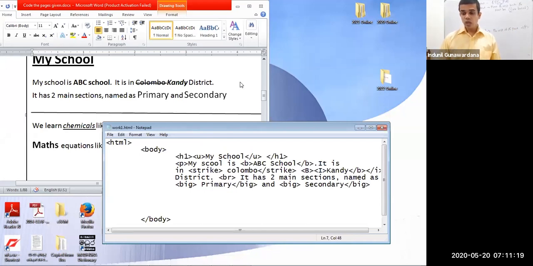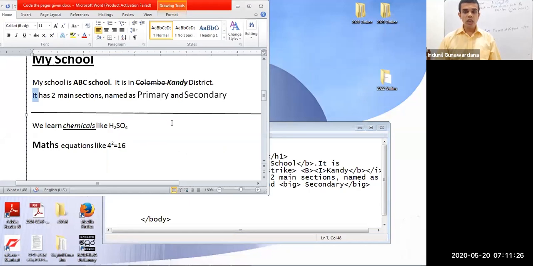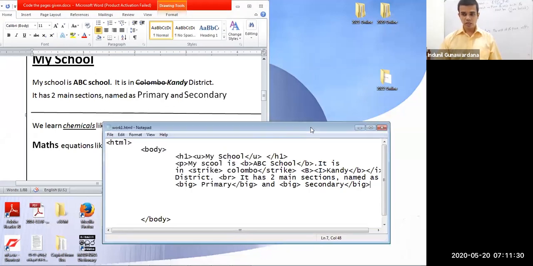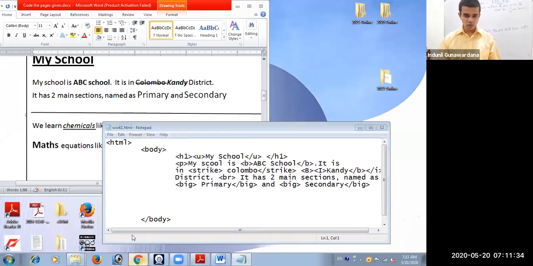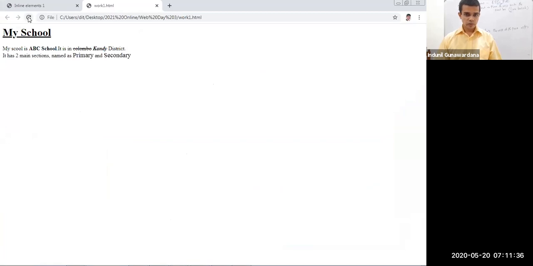Right. Now what is the next thing? In the output, I observe a horizontal line across the browser. What is that then? HR. So for the moment, I'll just render this and see before going for the horizontal line. Now this is the output. Because of my line break, this goes to the next line, and the two main sections are in big text, and secondary is also in big text.